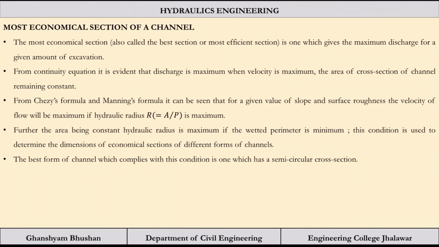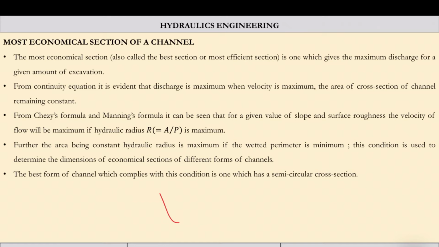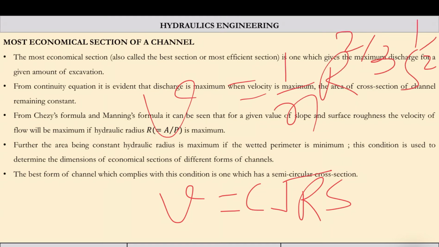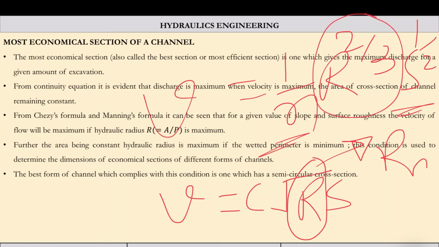From Chezy's formula and Manning's formula, it can be seen that for a given value of slope and surface roughness, the velocity of flow will be maximized if the hydraulic radius is maximum. The formula, I think you remember: V was C root RS, or V was 1 by N R power 2 by 3 S power half. You can see this is constant, this is constant, this we can change. So if we maximize R, R max, then we can easily calculate the